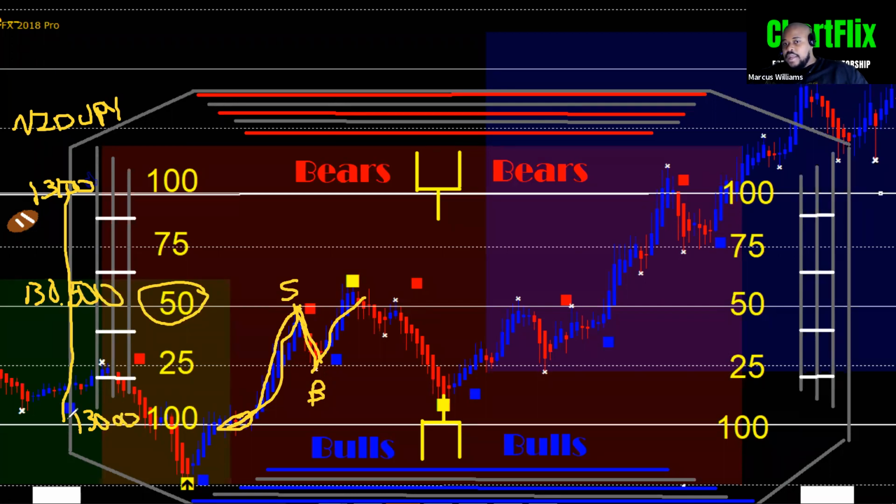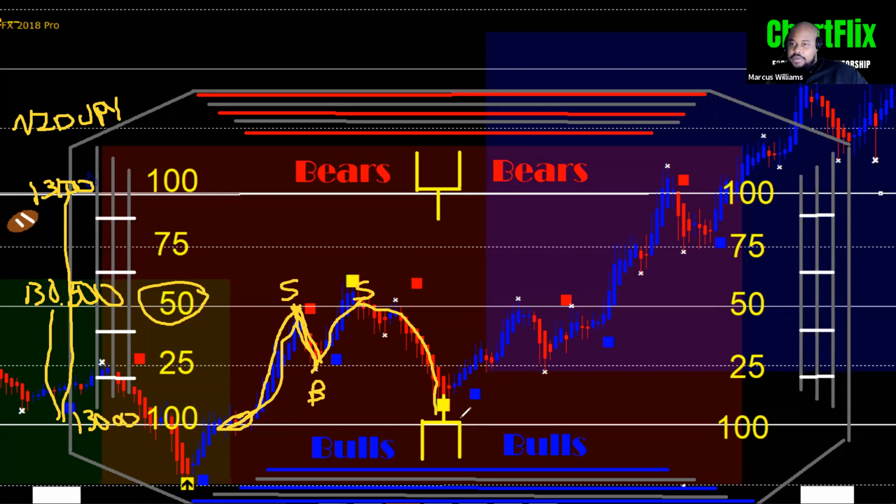This is 130. It moved up 50 pips. Look at what happens. It drops down. You buy with the trend, go this way. Look, you can sell it again. And look what happened when it hit the 50. It dropped back down because it's the bulls versus the bears. And more times than not, every time the price hits that 50 line, it pulls back.